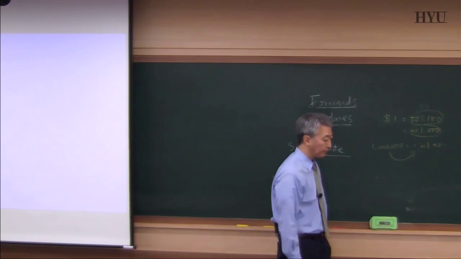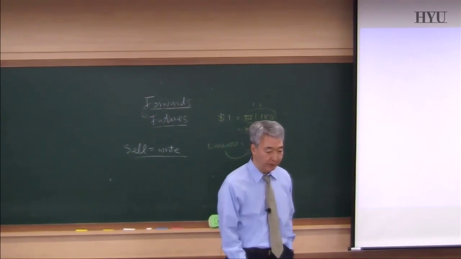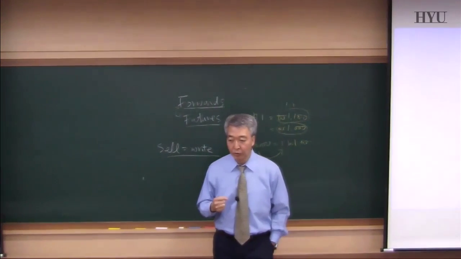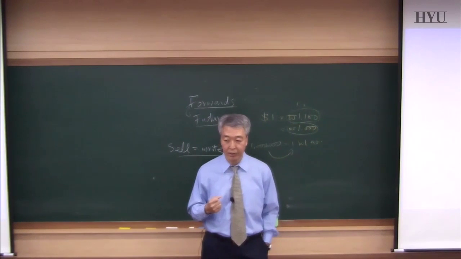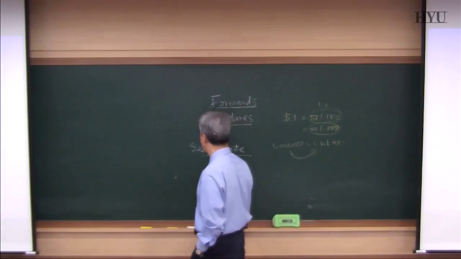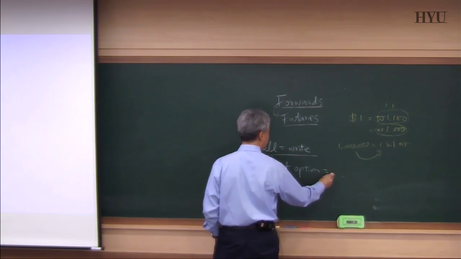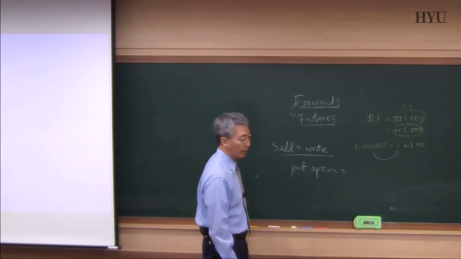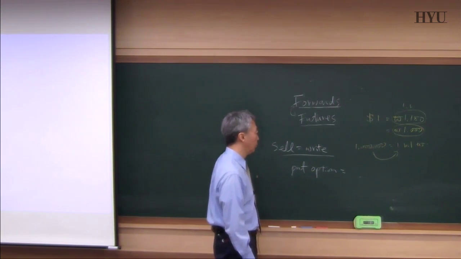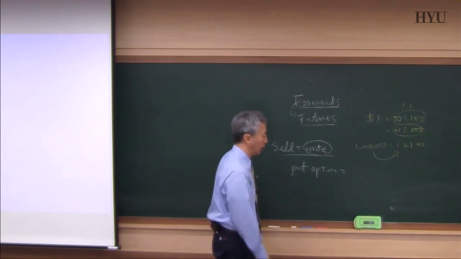So somebody writes the option, you pay a small fee and purchase this option. In this case, you will purchase a put option, and a put option gives you the right to sell US dollars to the person who wrote your option